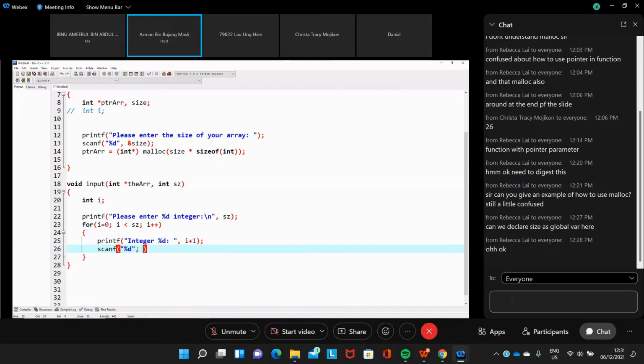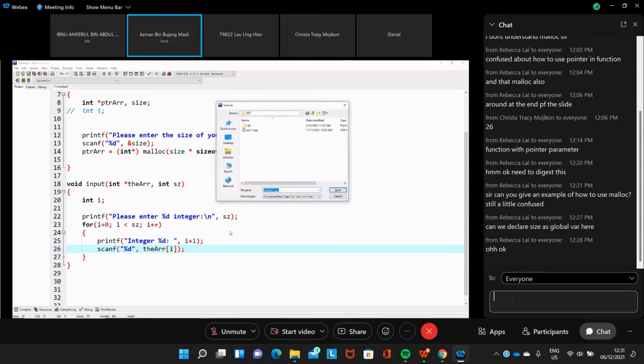Depending on the size, we can use the pointer together with the normal array notation. So here, for example, array i. We can access the location of the array like this to input the variable into your array. So this is array i. For scanf, this is already the address. Later on if there is an error, then we can fix it.